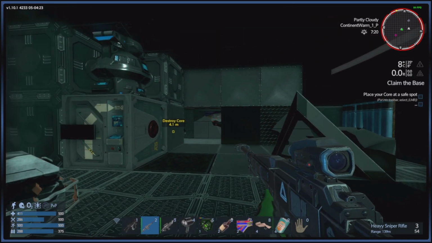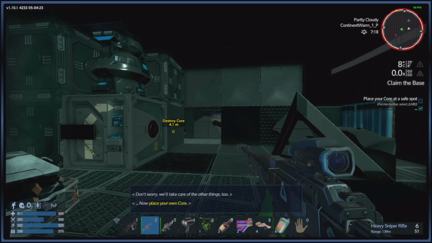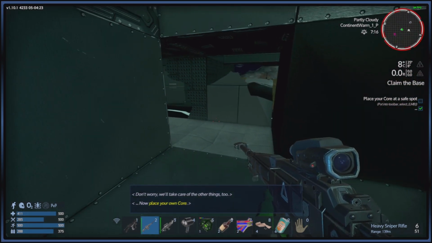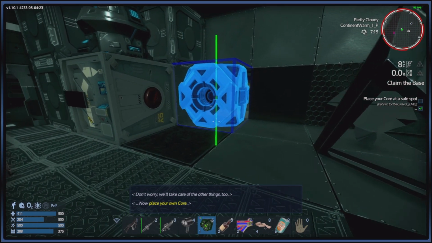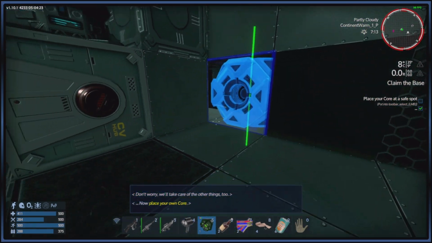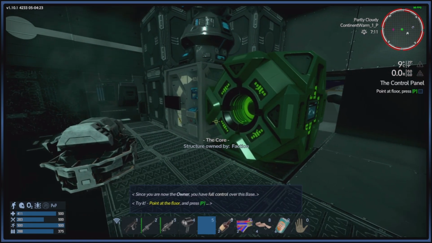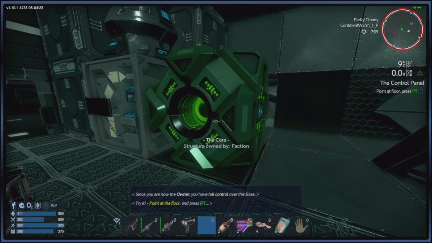And it destroyed the generator too. Of course it did. Now we can place the core. Kinda don't want it there, but it's gonna have to do for now. Now you have to set the owner. So if you look at a structure, you can